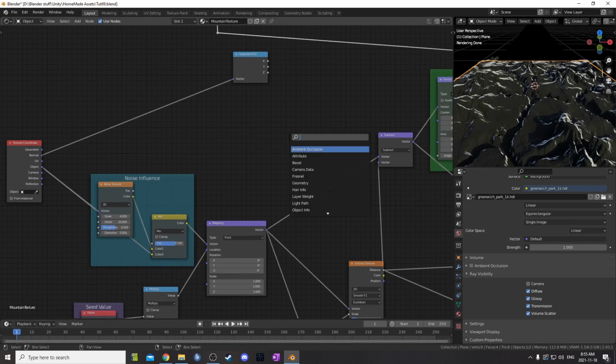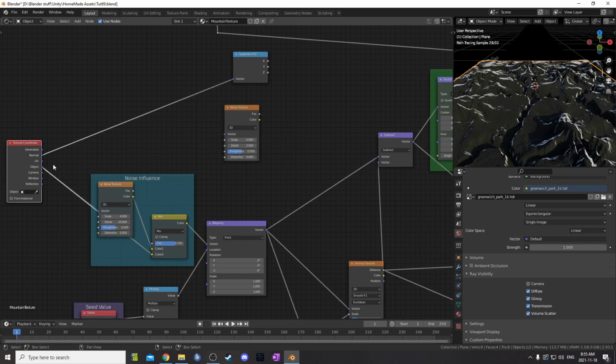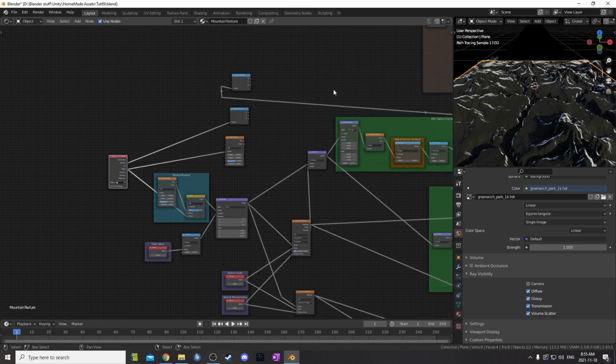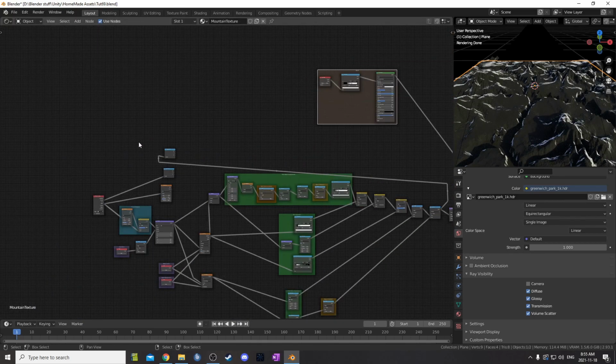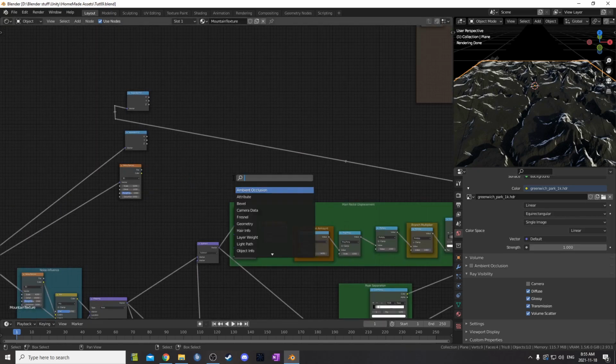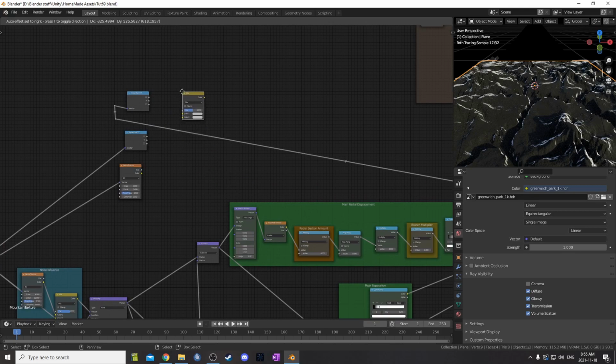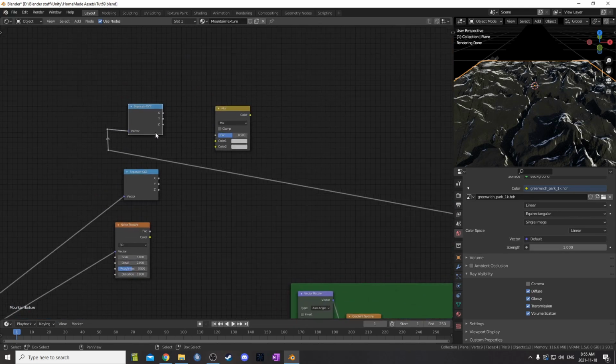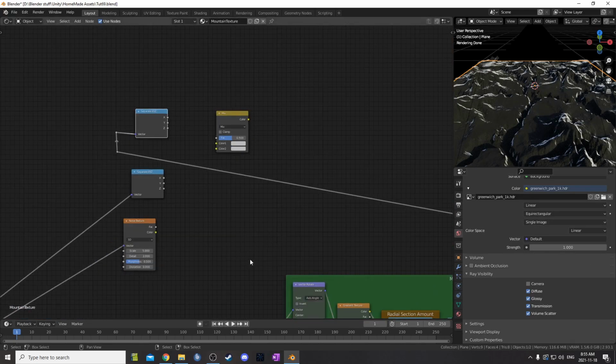I'm also going to bring in a noise texture, and I'll just place it right here, and we're going to have object feeding into the vector there. I'm going to move everything over a little bit, just give me a bit more room so I can see what's going on. I'm going to bring in a mix RGB, and this top separate XYZ that's coming from the subtract near the end of our displacement, we're going to use the Z output and feed it into color 1,